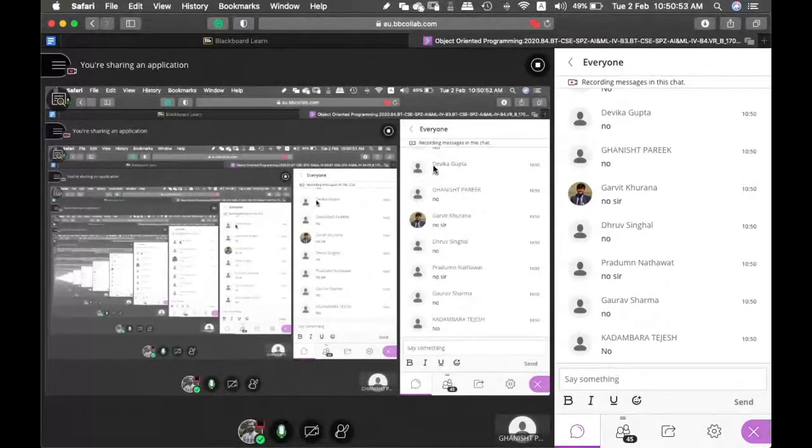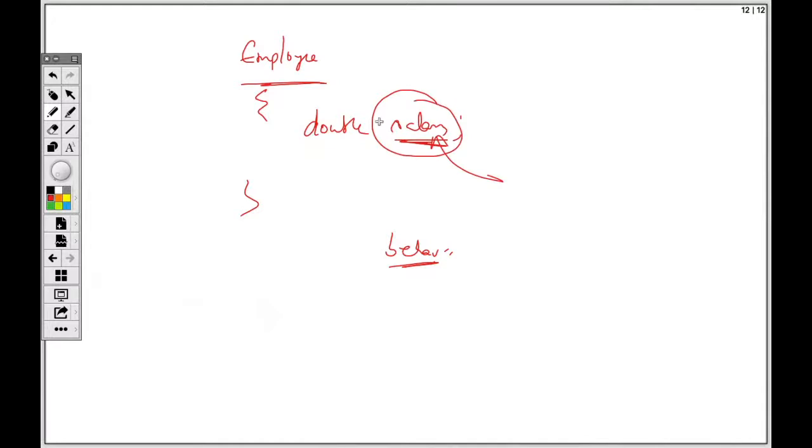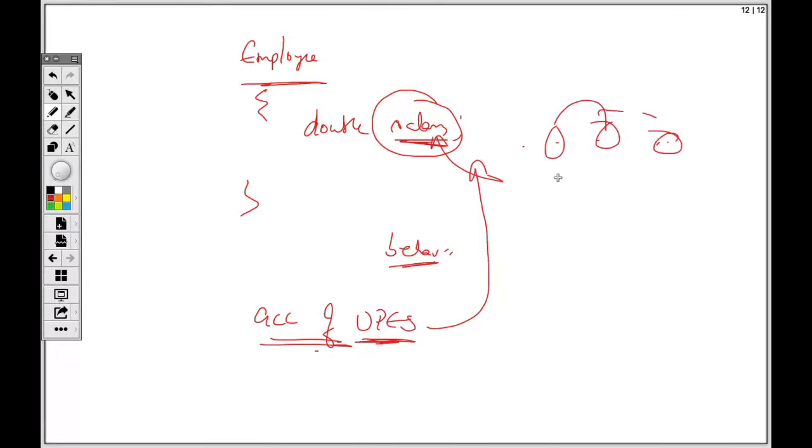But suppose there is some requirement that I need to give you access. What I have to do is just say, okay, for this variable, whatever it is, right now the accounts department of UPES can access my salary. Obviously, they are the ones who are crediting it, so they can always access my salary. They can access it because I allow them. If I do something so that they cannot see it either, maybe I will make 2-3 fake accounts, and out of those I would be transferring money from here to there, whatever it is. It's on my implementation to hide my data.